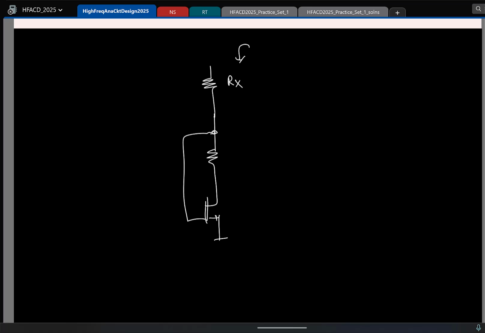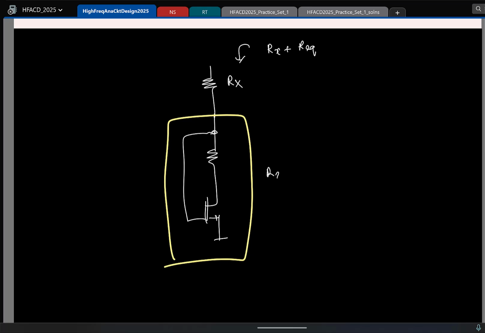So what is the resistance looking in now? Now you know this entire fellow is one resistor. This is basically a two terminal device or one port network, which can be modeled by an equivalent resistance if it's linear. So this is simply Rx plus R equivalent. This is basically R equivalent. Similarly, if I have a case like this,